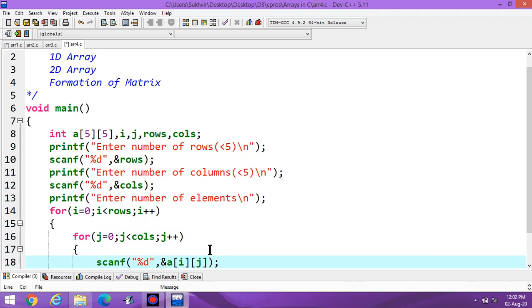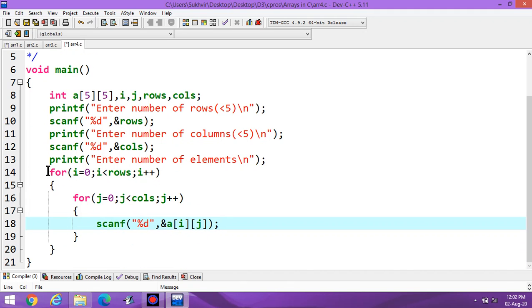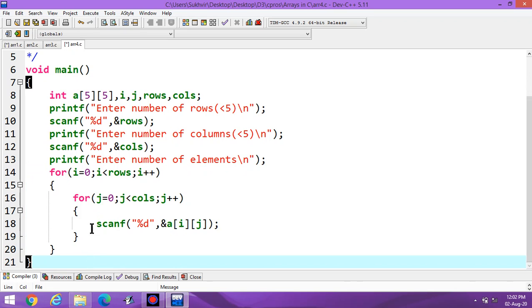It means entry of elements are there. In this way you can enter the element by using twice for loops or double for loop. One is for row and second is for columns. Then scanf function is required.